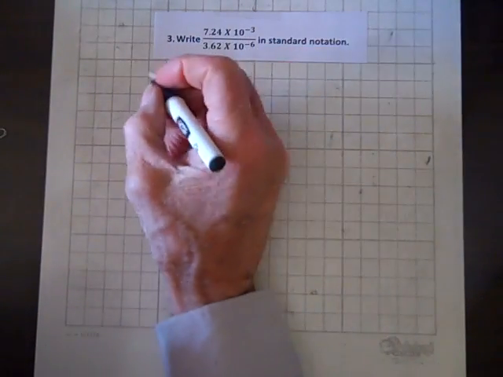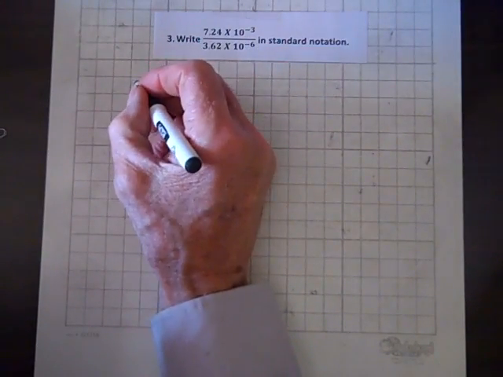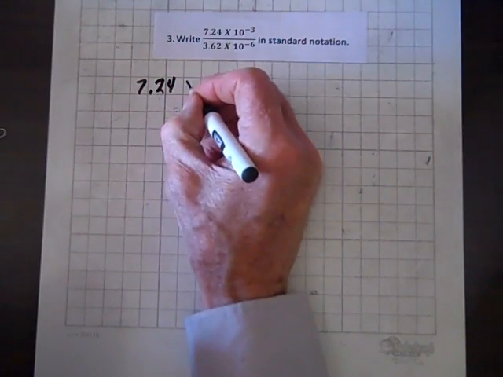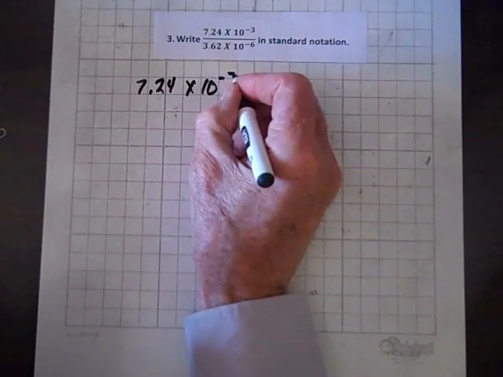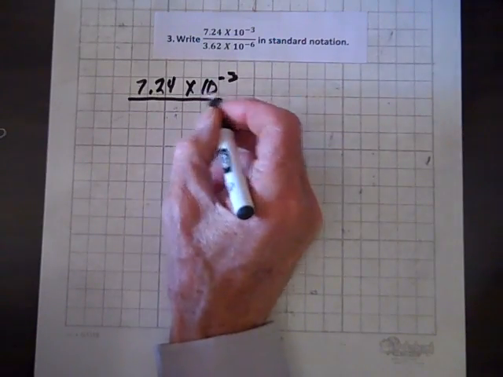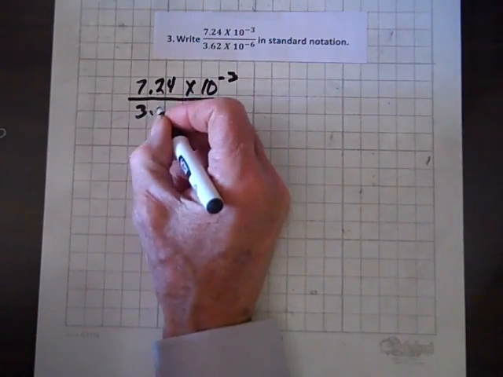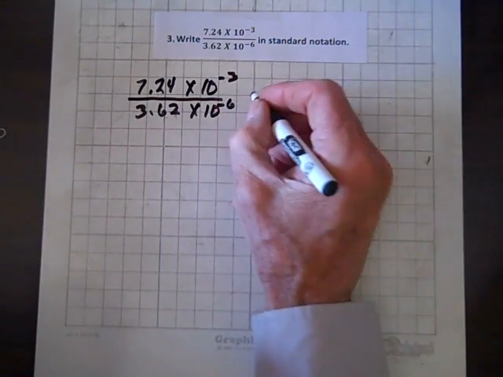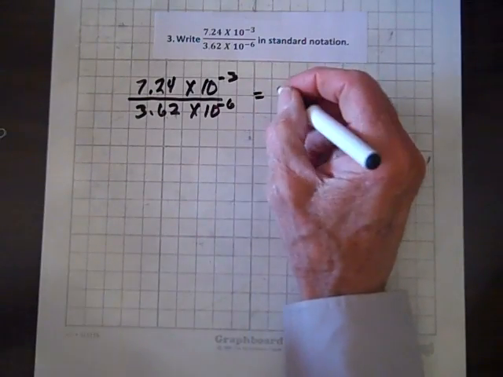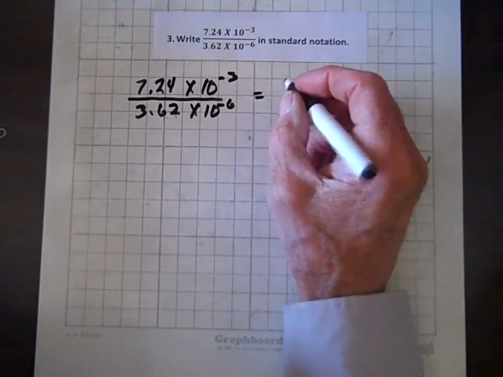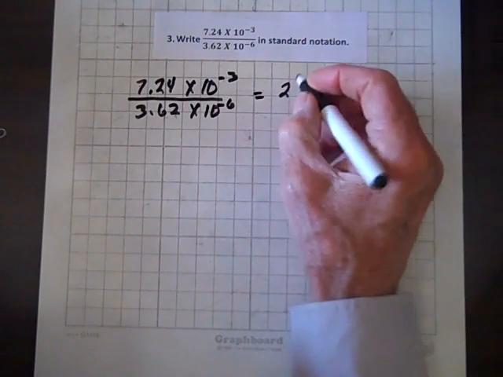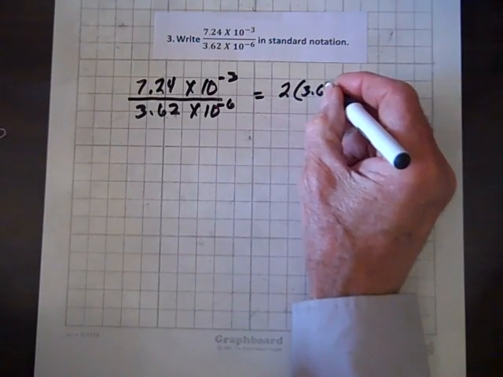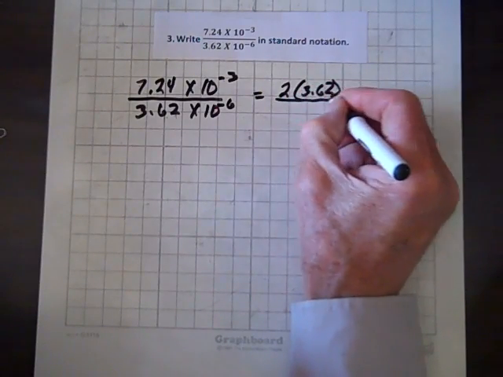Okay, we have one more of these to do, and here it is. We've got to write this in standard form. So we've got scientific notation, and we've got 7.24 times 10 to the negative 3, and 3.62 times 10 to the negative 6. And that equals, so 7.24 is the same as 2 times 3.62 over